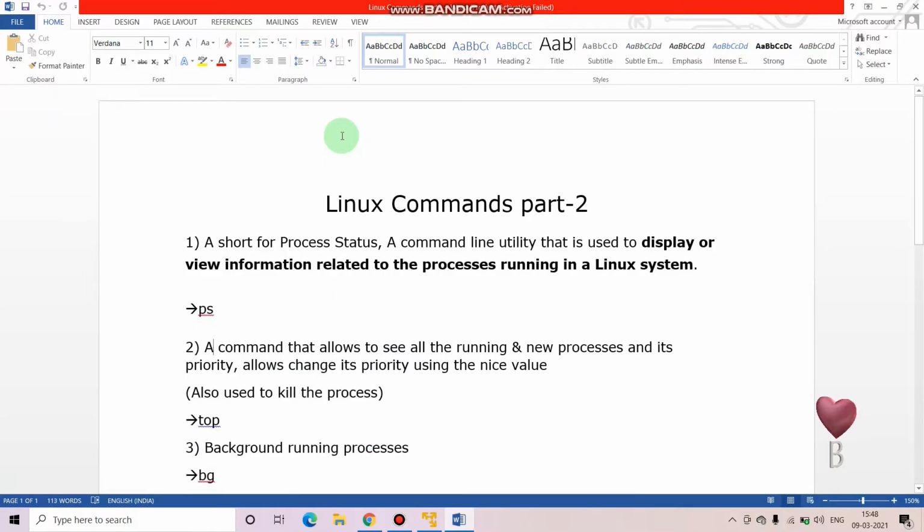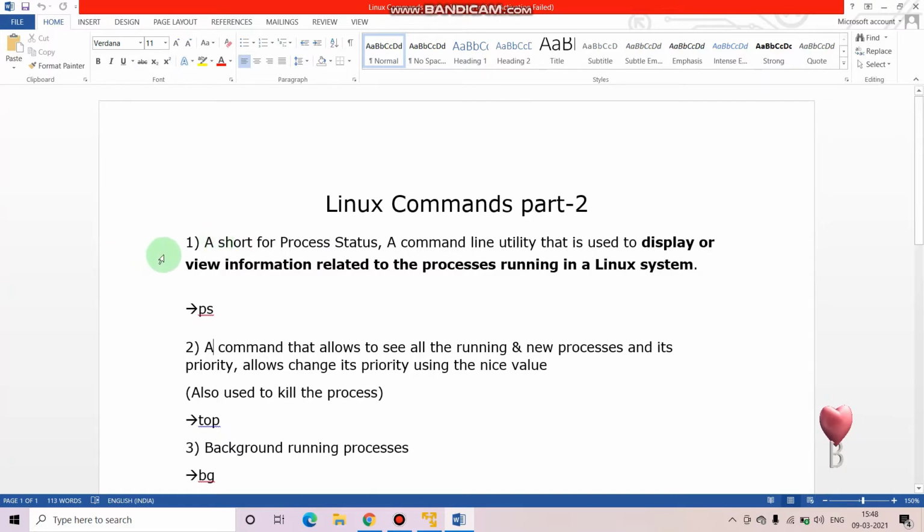So welcome back guys. Today we are going to start with our new practical, that is Linux commands part 2. Linux commands part 1 we have already done; I have uploaded that video last. The next we are going to start with Linux commands part 2. This is the fifth practical of your operating system, the FY BSc IIT Sem 1 practical. So guys, today we are going to start with these commands, Linux commands part 2.